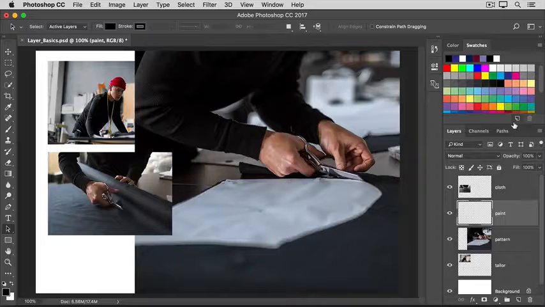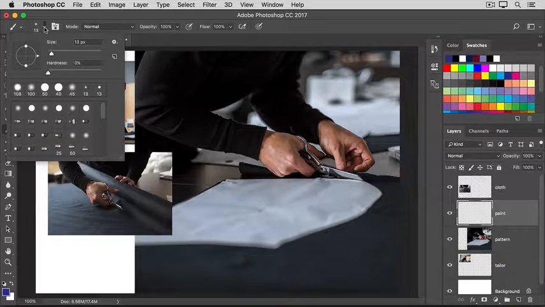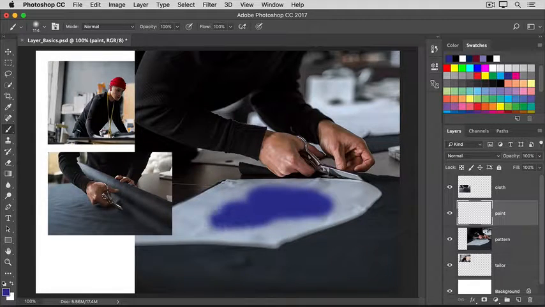I'll go up to the Swatches panel. If your Swatches panel isn't open, open it from the Window menu at the top of the screen. In the Swatches panel, I'm going to click on a color. You can use any color you like. And then I'll move over to the Tools panel, where I'll select the Brush tool. I'll go up to the Options bar for the Brush tool, and I'll click on the Brush Picker, where I have a size slider that I can drag to the right to change the size of this brush. And then I'll move into the image, and I'll start to paint, and the Brush Picker closes as I paint